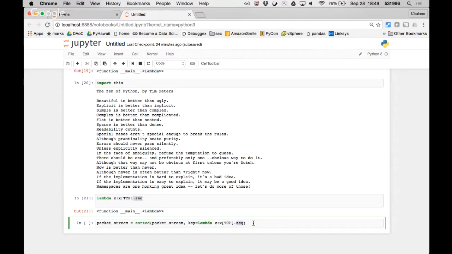Does this have to be a lambda? It doesn't have to be. You could have a function here. So say you had a function called get sequence number. Your key would just be get sequence number. Can we type that function out? Sure. So let's say instead you had